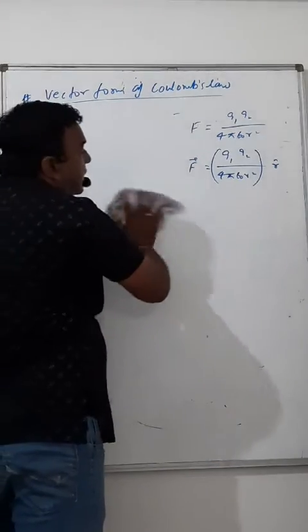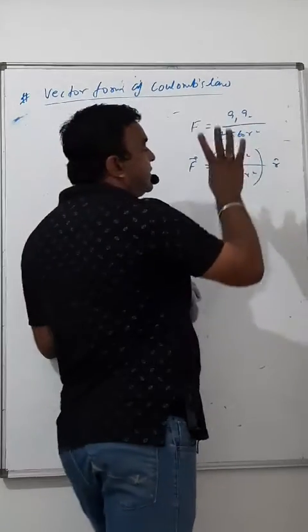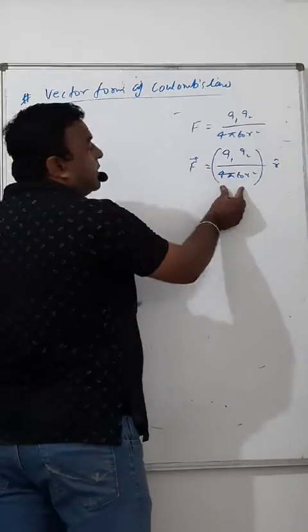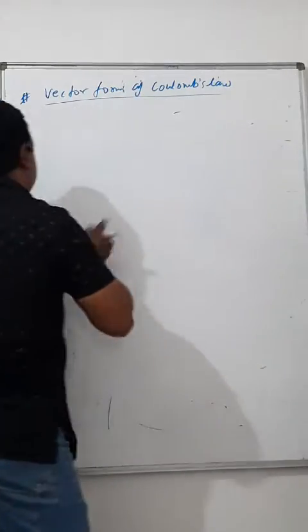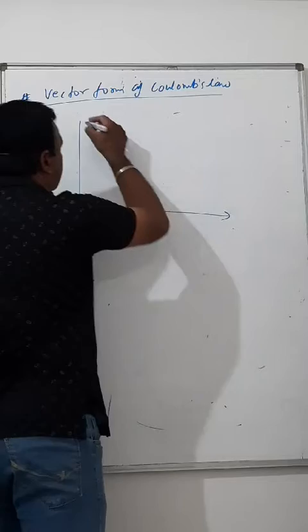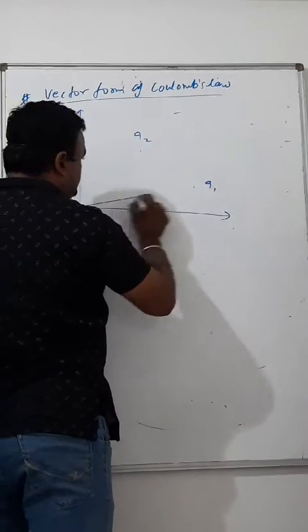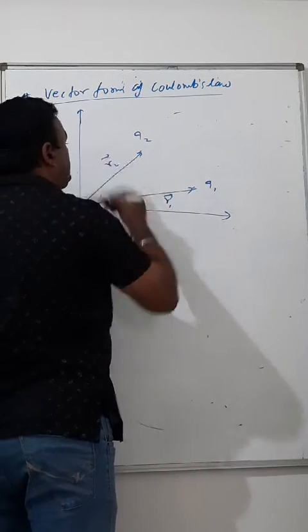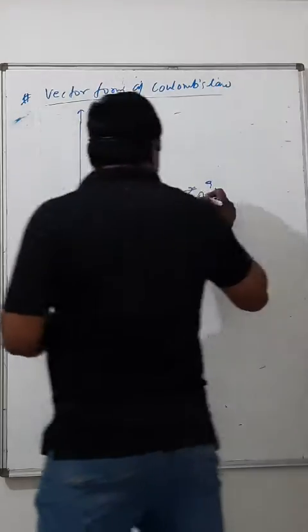If we move a bit further, this is the fundamental formula I write. F is this scalar form and this is vector form. This is the fundamental form. I talk about it when I come to second example. If there are two charges Q1, Q2, this is R1, this is R2. Now look, the position of Q1 has changed. Now it is not origin, it is at some point A.